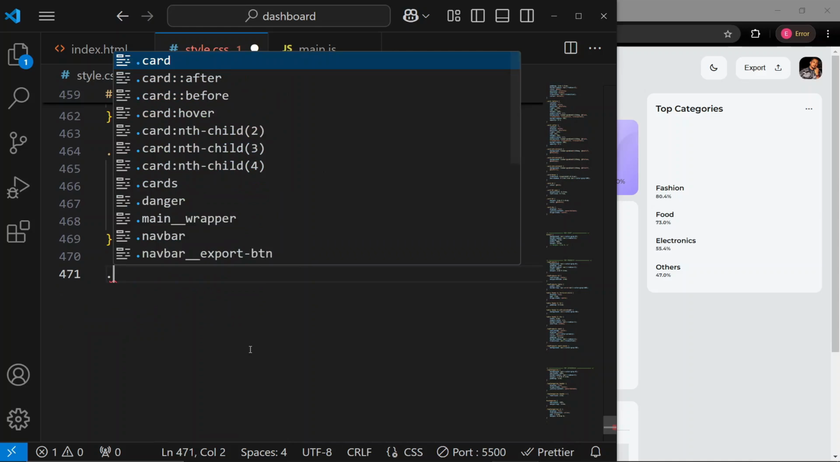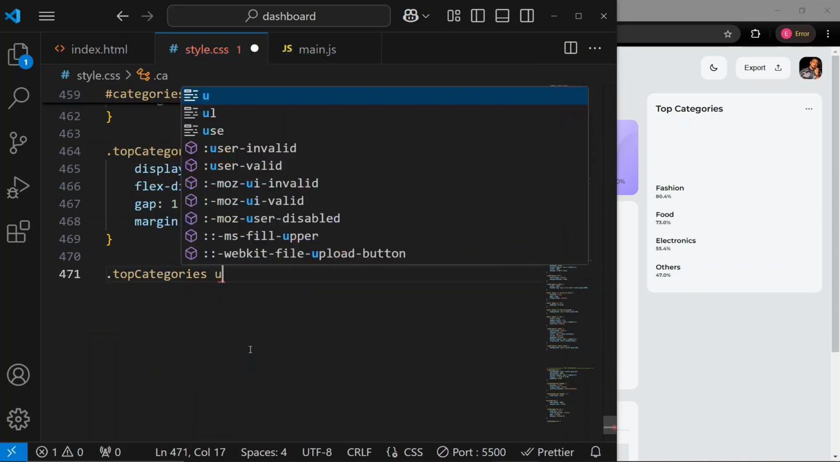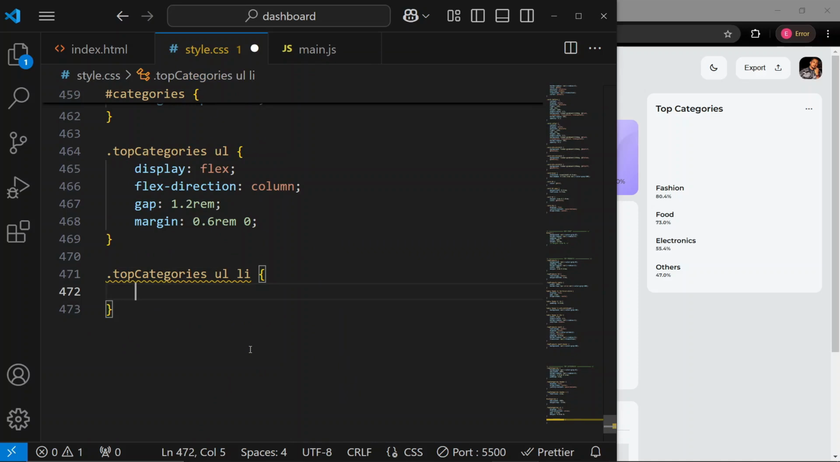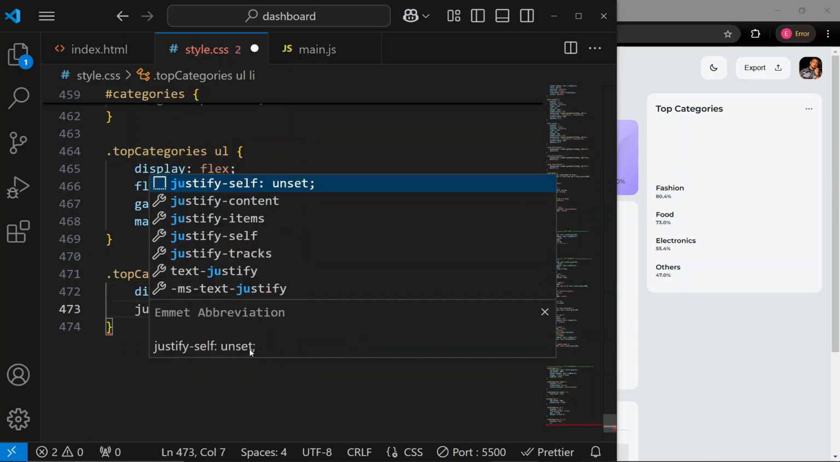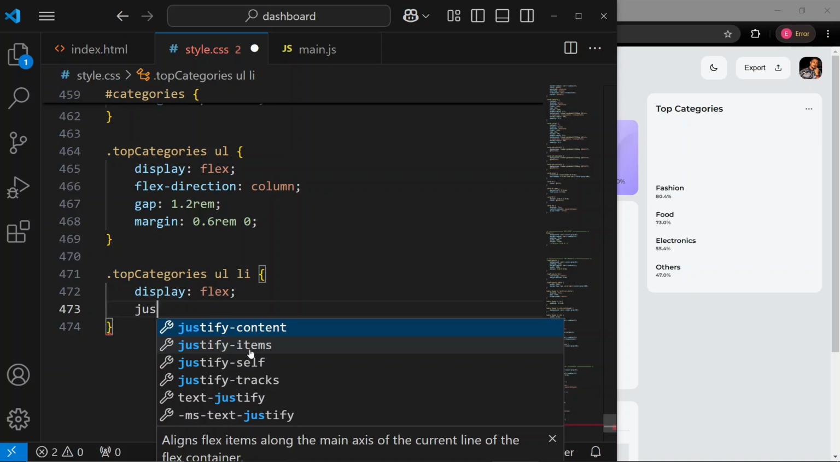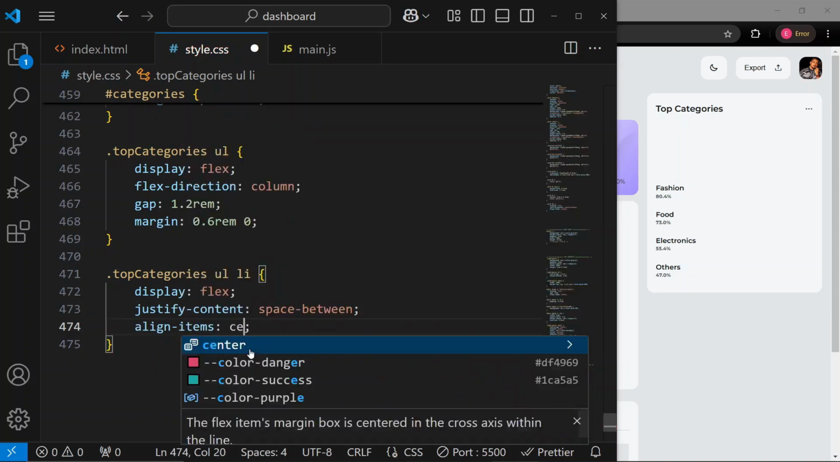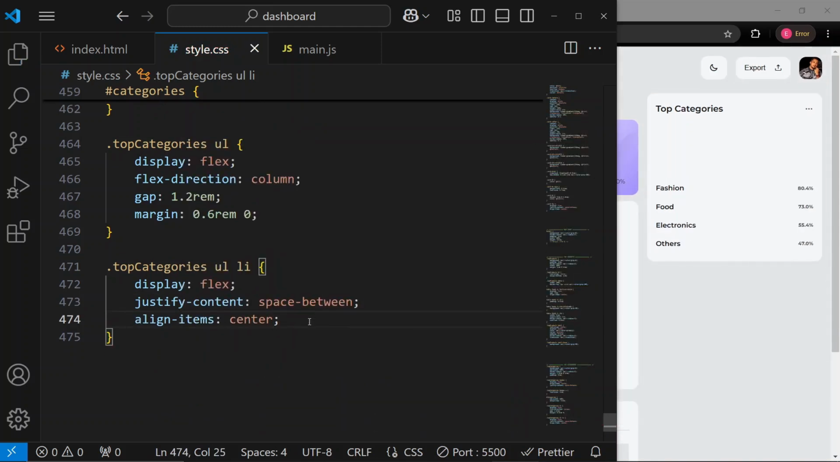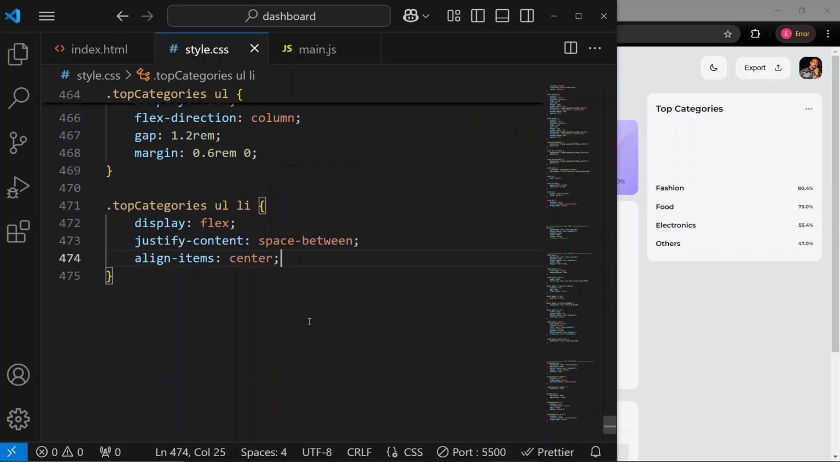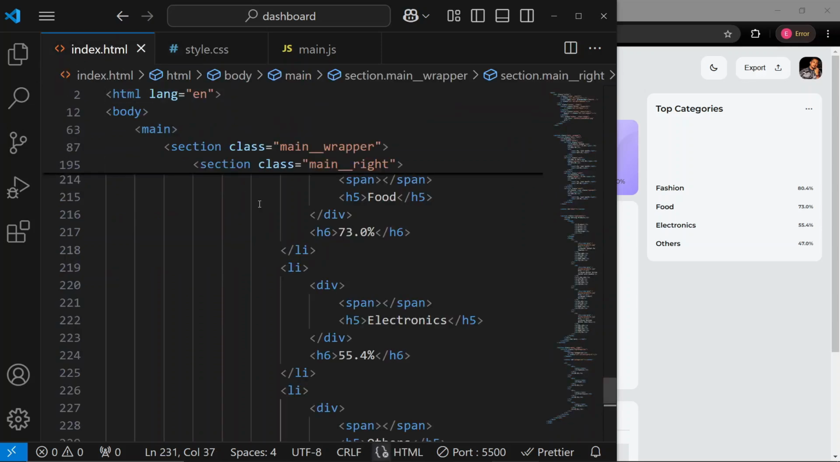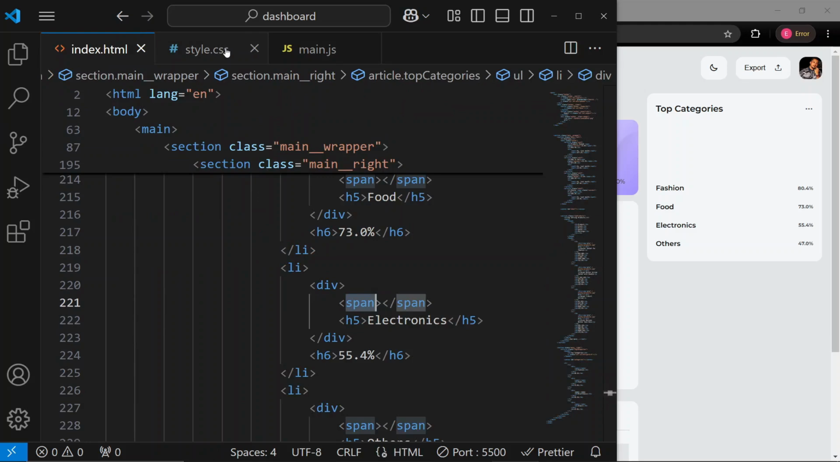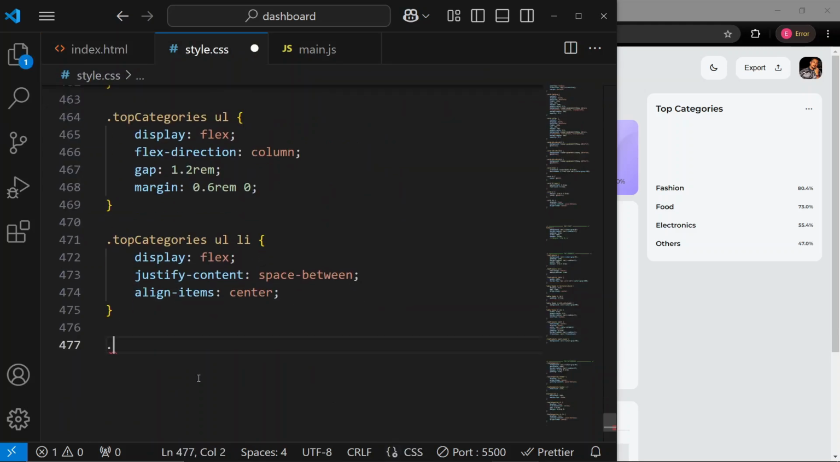Now let's target the li. So top categories ul li, display flex here as well. I'll say justify content to be space between here as well, and I'll align items to the center. Beautiful. Now remember we had an empty span. So that span we should get and give it some styling. Right here we had empty spans. So top categories ul li span,